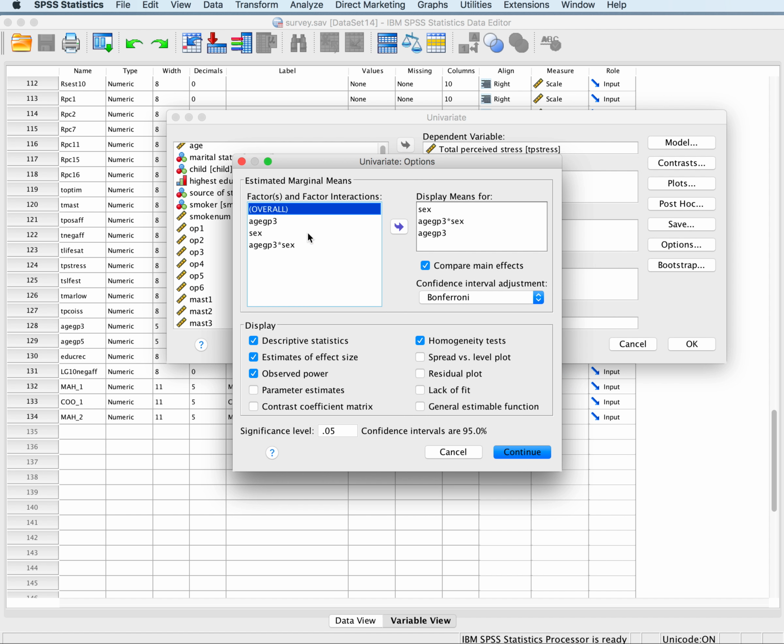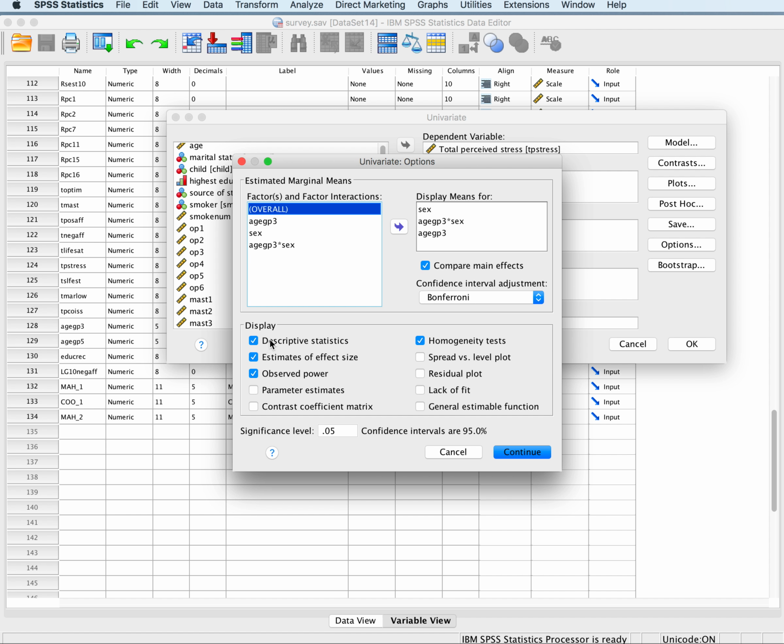And for these options, essentially we're going to pass over all three of our, or two of our main effects. The age group and the sex factors will have one main effect each. And then there's our interaction effect. We're going to pass those over here to display means. And then we're going to just say, okay, do a Bonferroni test to look at the means within those factors,